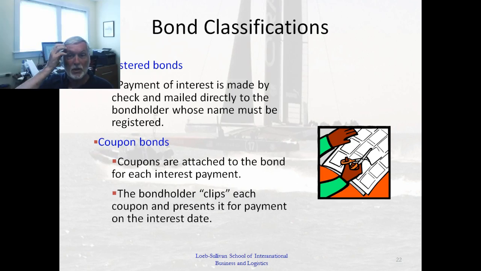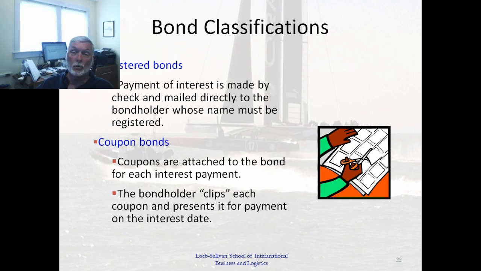And then there are registered bonds and coupon bonds. All bonds since the early 80s are registered bonds, which means that you don't physically get a bond document when you buy bonds in a marketplace. They are registered in your name, held by a brokerage firm of some sort. And when interest is due, it's mailed to you by check or transferred electronically perhaps. And you get the money directly, and the bond issuer knows who they're paying. They're paying you.